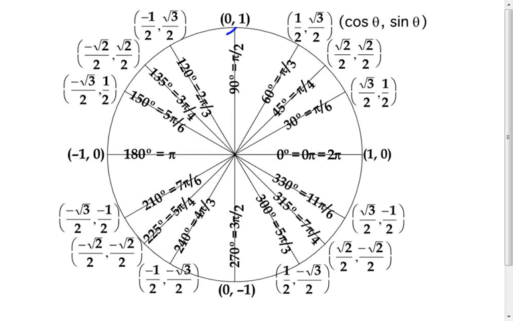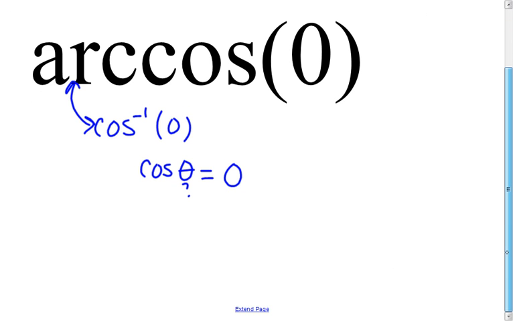Your cosine value is 0 here at pi over 2, and it is also 0 here at 3 pi over 2. Okay, so it is 0 both of those places. So it is 0 at pi over 2 and is 0 at 3 pi over 2. Okay, now,